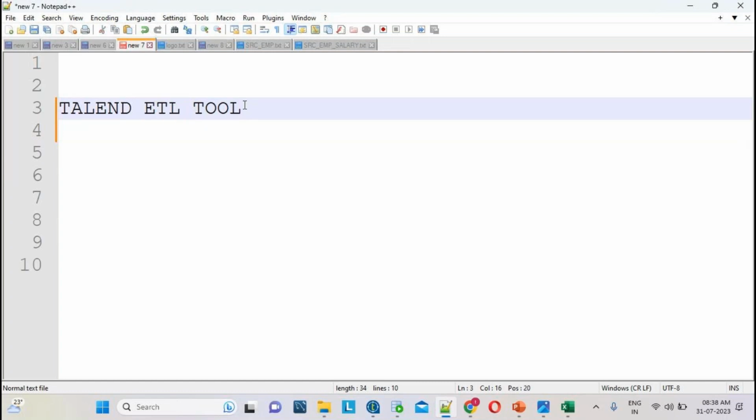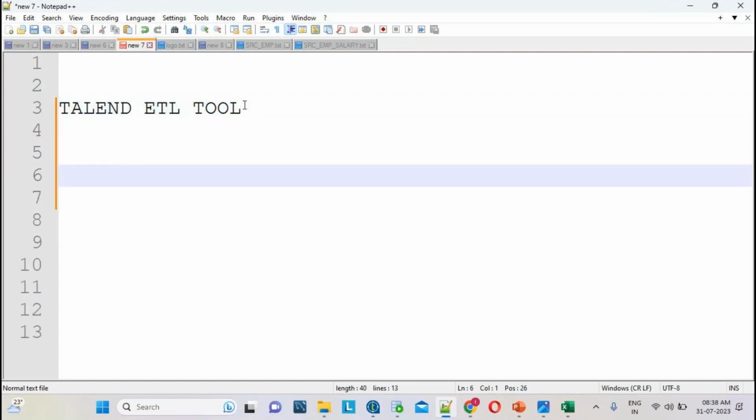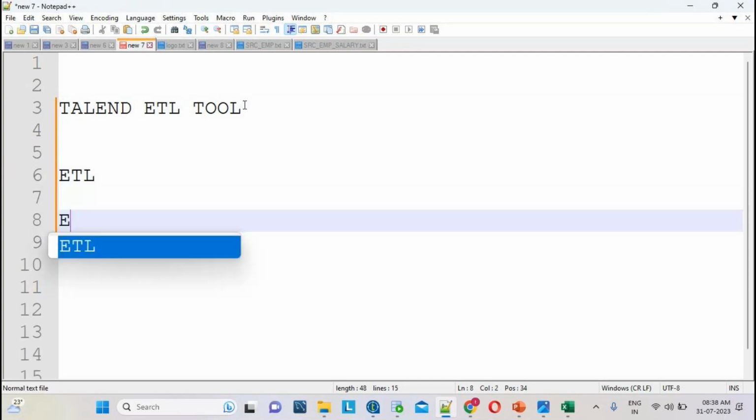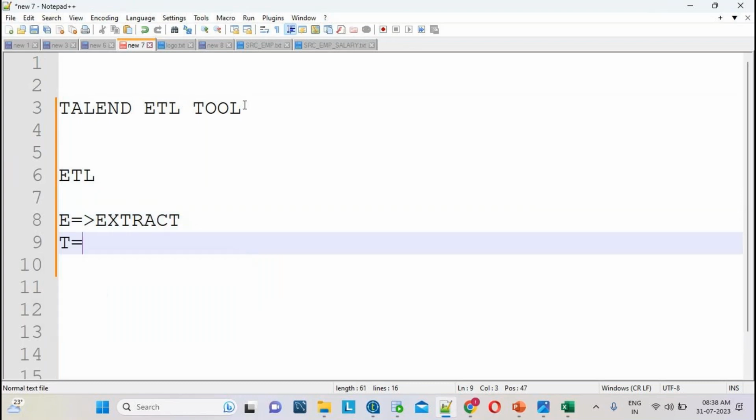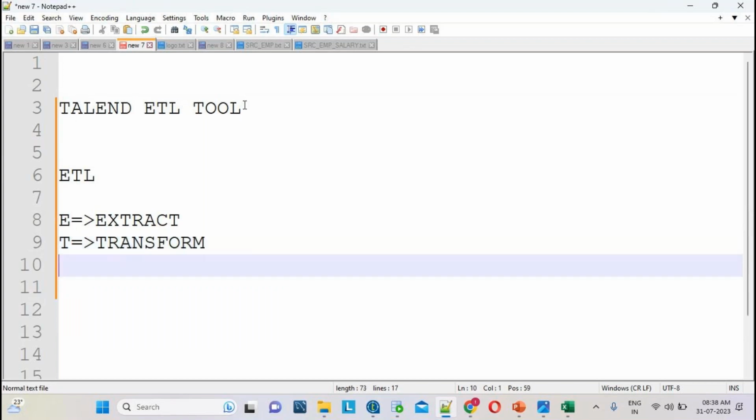ETL: E means extract, T means transform, L means load.